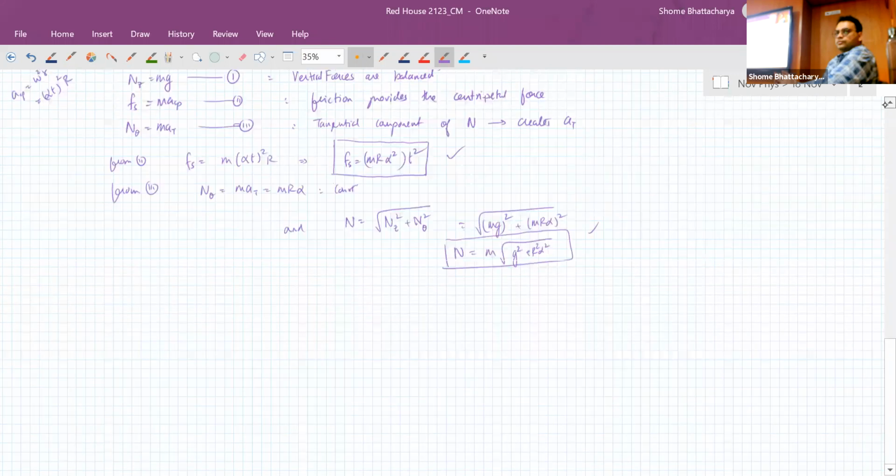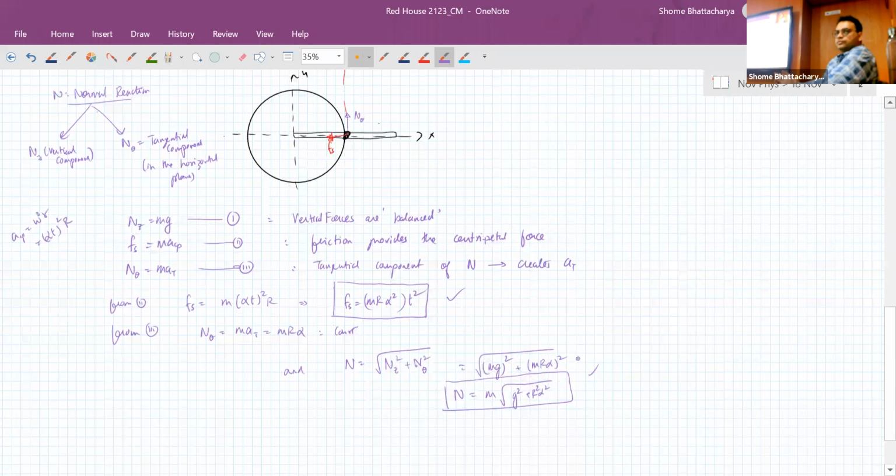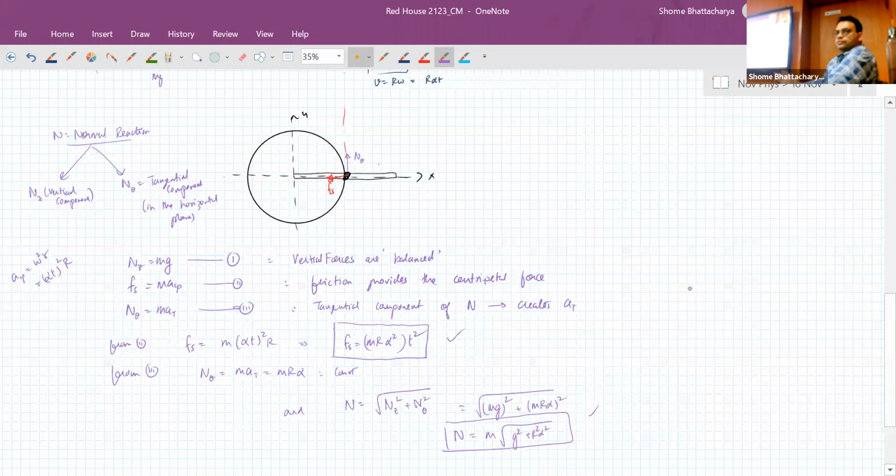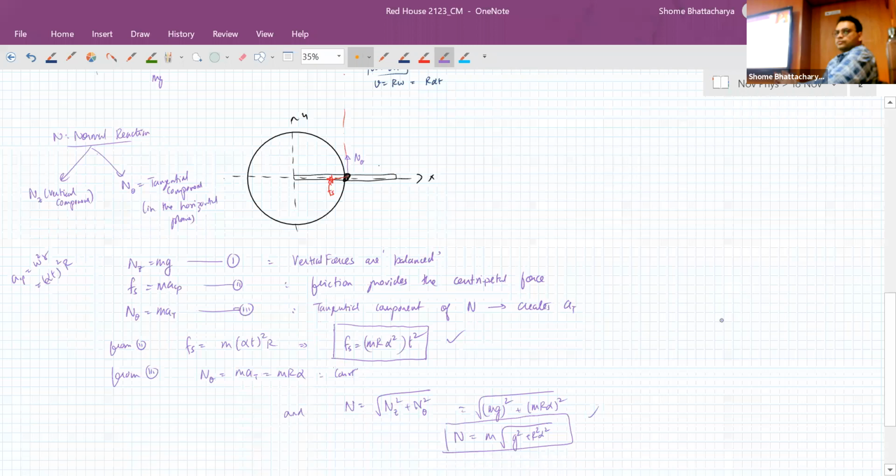So we have got the answers to this. Now we just have to write it like this: for the first part, at t equal to 0, the static friction required is 0, whereas the normal reaction is a constant value only, so it is this whole. But at some general time t